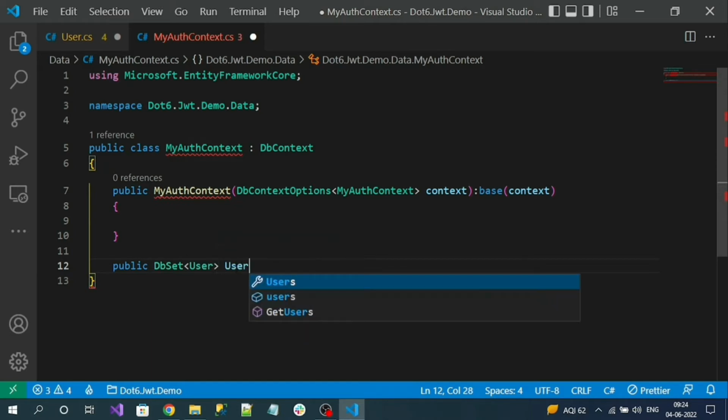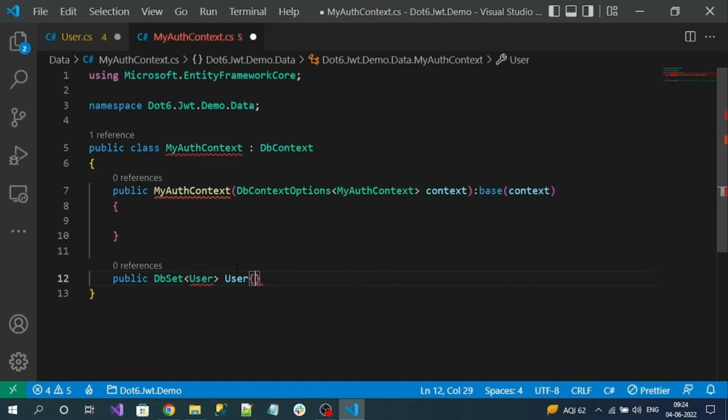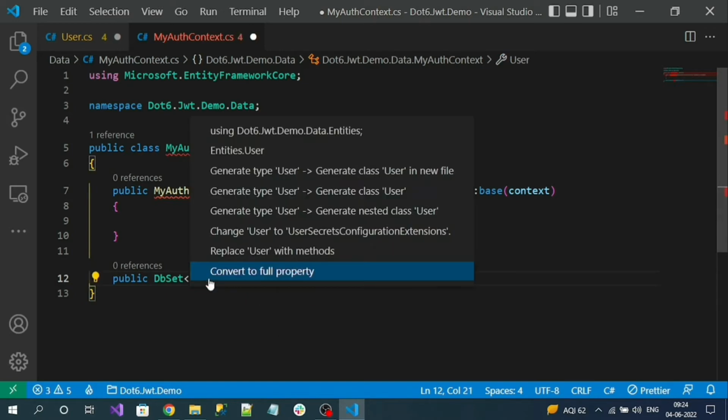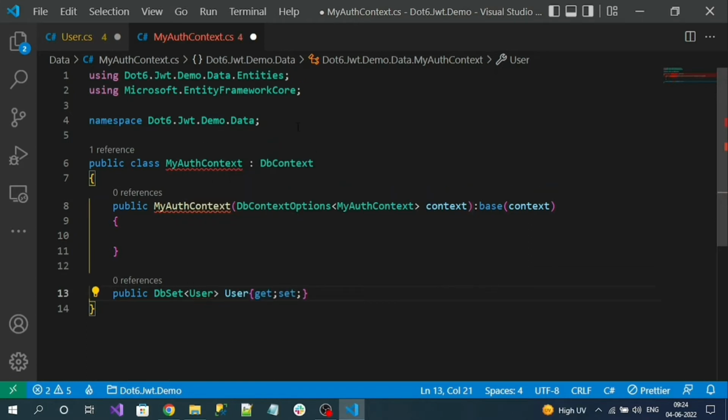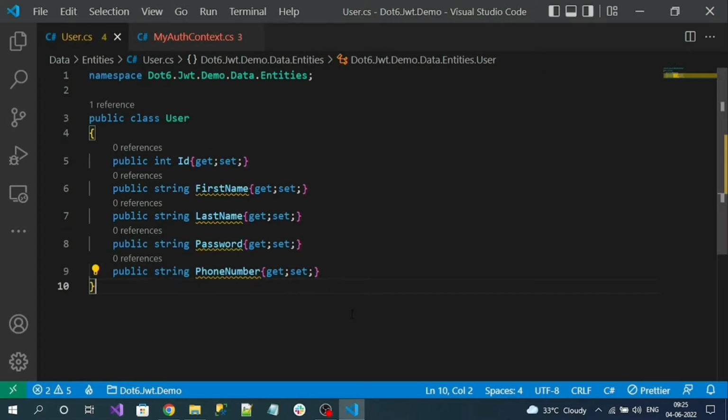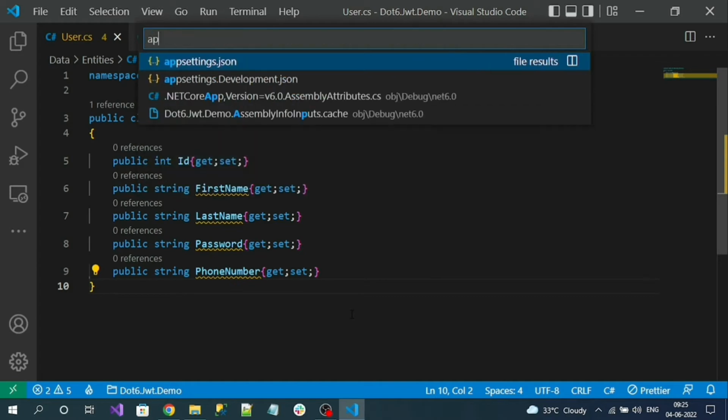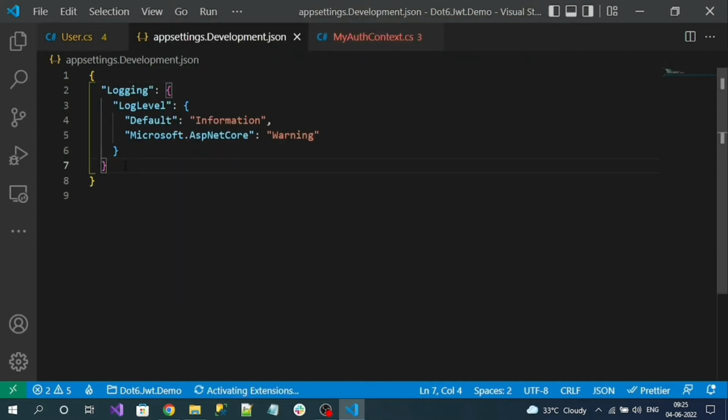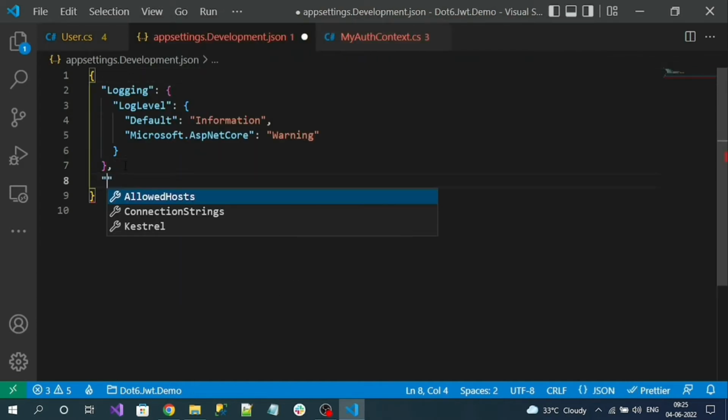User, and import the namespace. Okay, like this our context class looks. And now let's add the connection string. Go to appsettings.development.json. Here let's define the connection string,